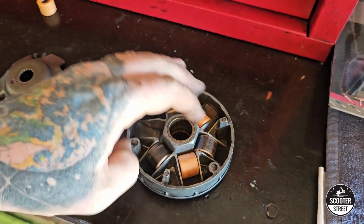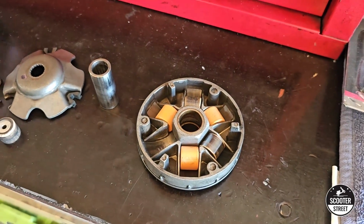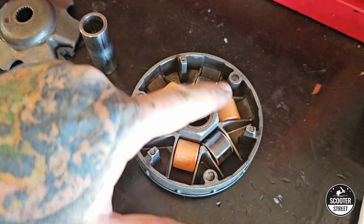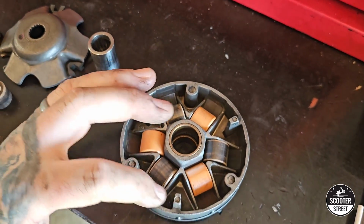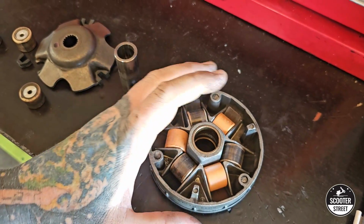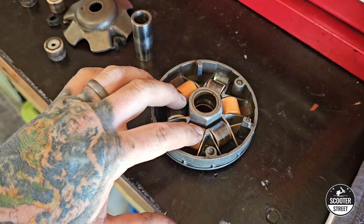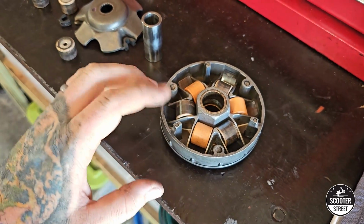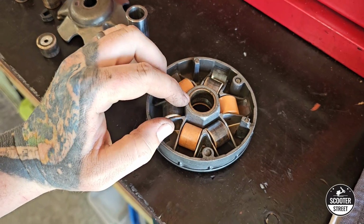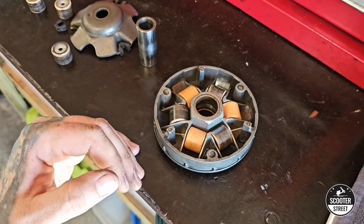So obviously, we've mentioned it many times before, but when you do a combination of rollers, that's absolutely fine. But you must alternate them in the basket. This is our variator basket. By alternating them in there, you're keeping the weight spacing even. So when it spins up, one side isn't heavier than another. It remains nice and even. Alternating them with 7.5 and 5.8, we're going to end up around 6.6, 6.65 roundabouts there. So we're going down by roughly 1 gram on average per roller,